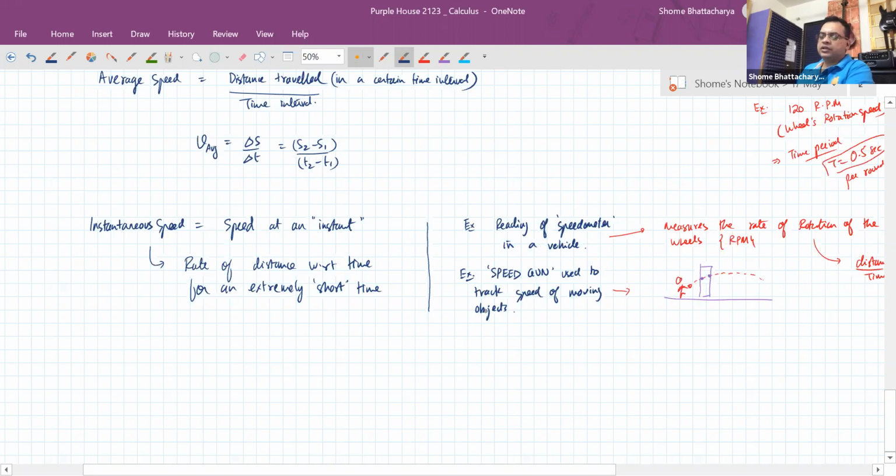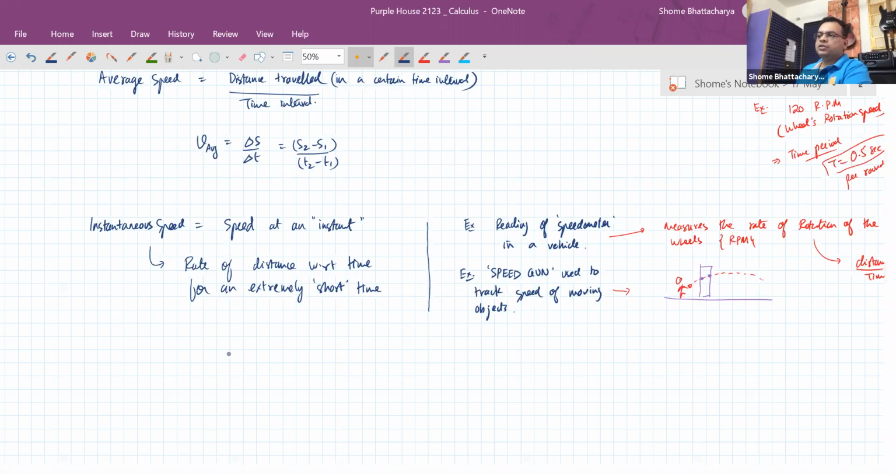But if we bring in some digital instrument like an infrared sensor speed gun, and it is able to measure the instantaneous speed in terms of distance by time for a microsecond, then obviously the second instrument is much better than the first instrument, because it is giving us for an interval of time which is 1 microsecond, that is 1 millionth of a second, whereas the first instrument was giving us per millisecond, so that was 1,000th of a second. So obviously the second one is that much more accurate, because that is giving us in 1 millionth of a second. The first one is giving us in 1,000th of a second.